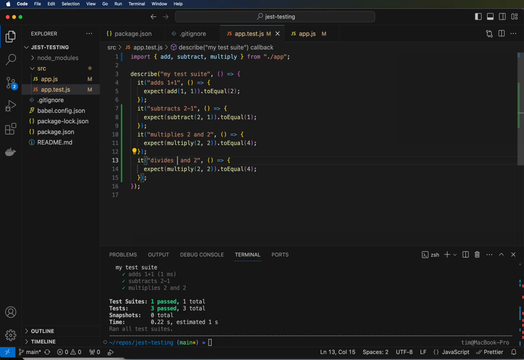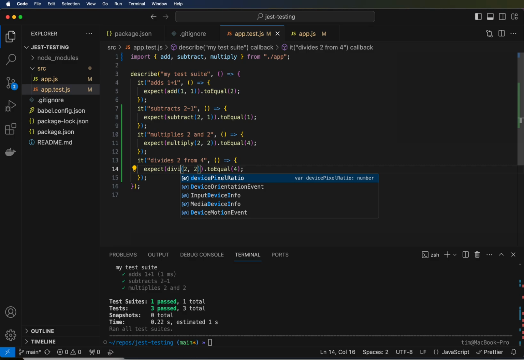Divides 4, was it 2 from 4? 4 divided by 2. So if I do divide, and then I do 4 divided by 2 is equal to 2. So,